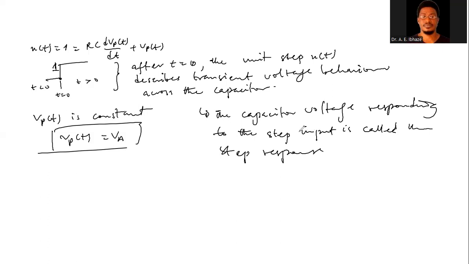Okay, so now that we have done this, we now see that when we replace this Vp of t with Va,